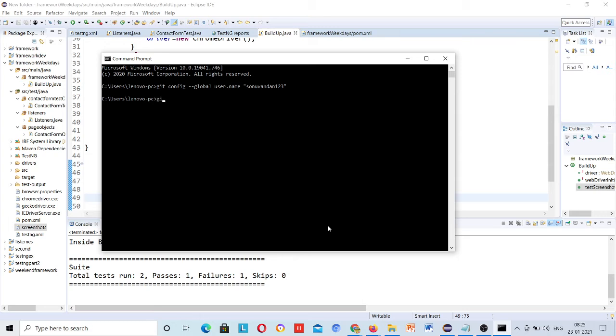Now you have to put in your email. git config global user dot email, and this is the email I am using there.